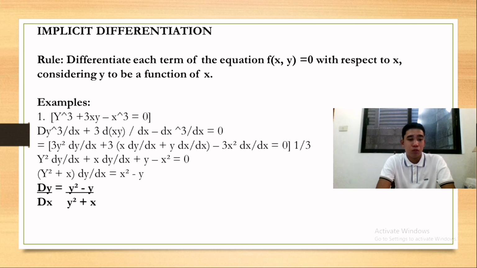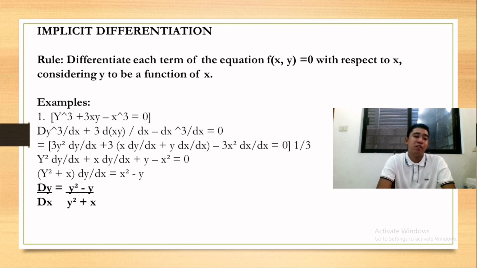Example: y cubed plus 3xy minus x cubed equals 0. d(y cubed)/dx plus 3 d(xy)/dx minus d(x cubed)/dx equals 0, which gives 3y squared dy/dx plus 3(x dy/dx plus y dx/dx) minus 3x squared dx/dx equals 0. Dividing by 3: